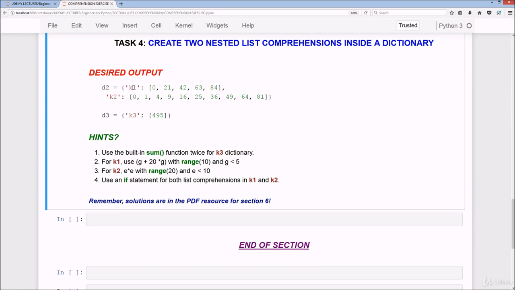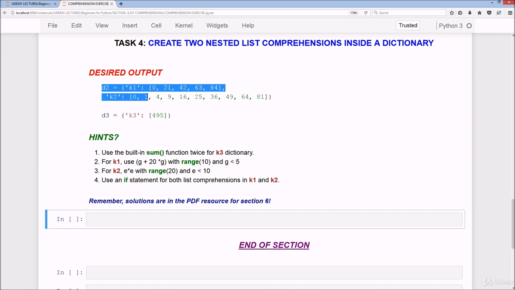So what we're doing is putting a list comprehension in both K1 and K2, which are the keys of the dictionary D2, and then we're going to grab those and add them together and sum them to get the final value of 495. Okay, so what we do is start off with creating a D2, and we'll do K1. We're just going to put the colons there. Okay. Alright, so what we want to do for K1 is G